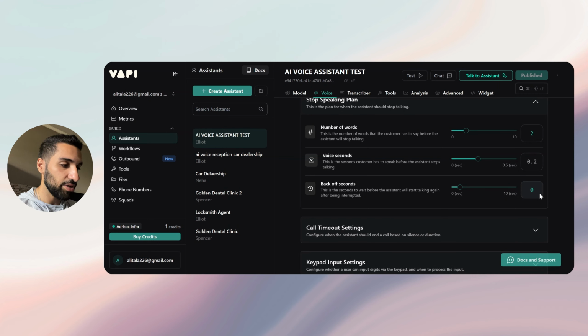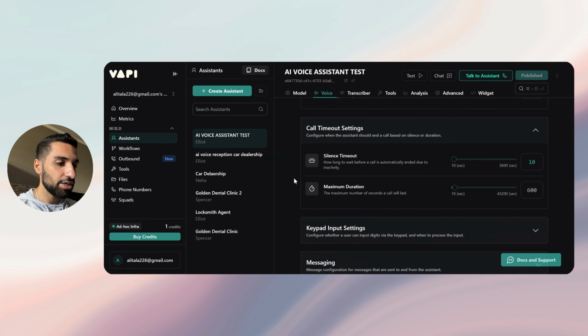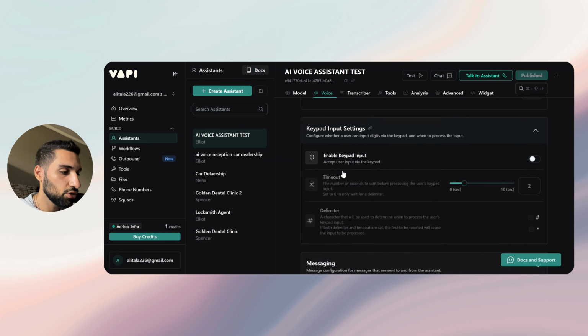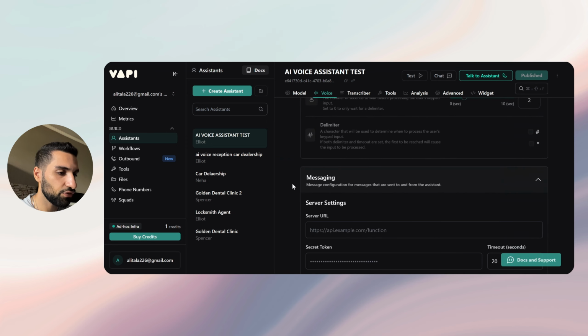The call timeout settings, you really don't have to pay too much attention here, just keep the default and move on. So yeah, here everything is default. Okay, under the